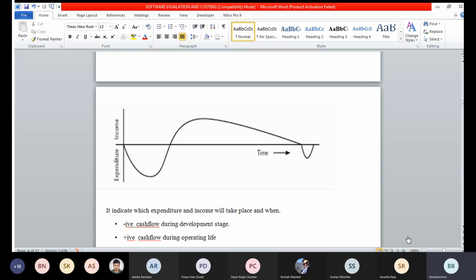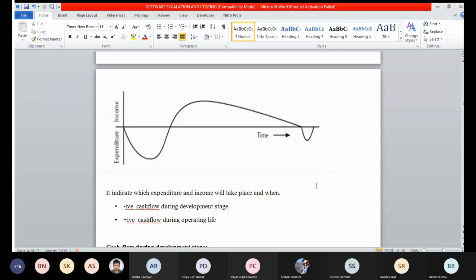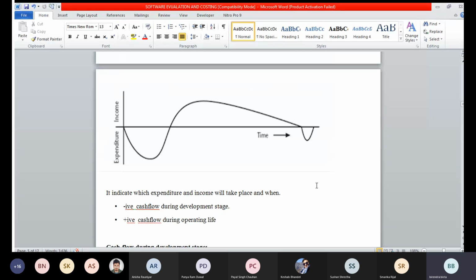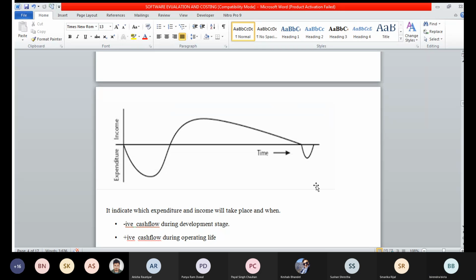यो भयो नेगेटिभ एन्ड पोजिटिभ क्यास फ्लो फोरकास्टिङ। भयो सर। ल।